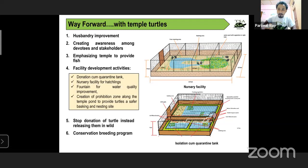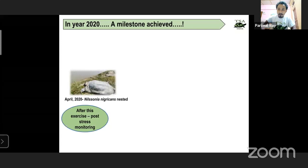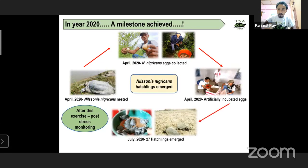And on a final note, we are in the process of making a conservation breeding program here, and I'm happy to share that this year, during the COVID pandemic, all the stakeholders, even the local administration and district administration, have helped us in achieving this milestone. In April, during the post-nesting monitoring, we found that Nilssonia aurita, the turtles, had nested very quietly on the banks of the pond. In April we collected the eggs and incubated them in the temple premises itself. And in the month of July, we successfully received 27 hatchlings out of them. Altogether, it's a good sign, because it only happened because the temple committee is providing the space, the commitment, and also a positive note on how we can progress with this